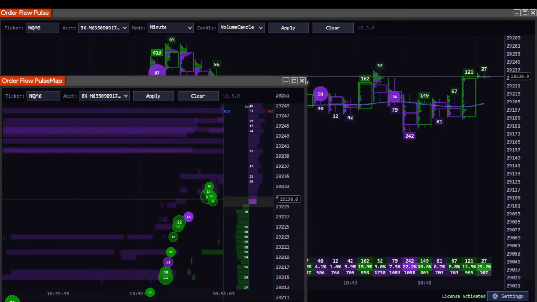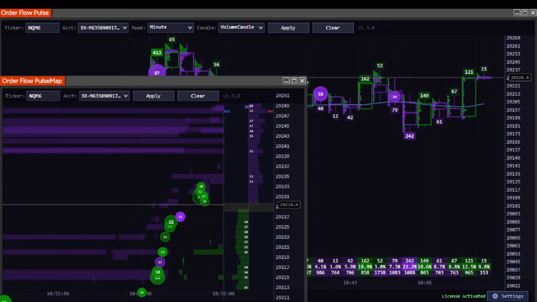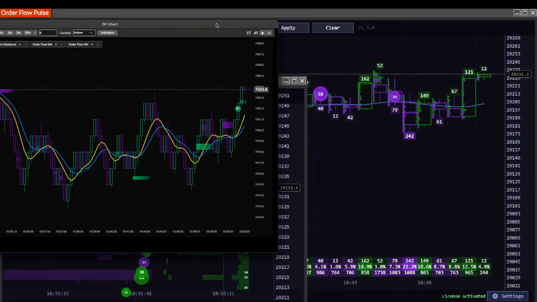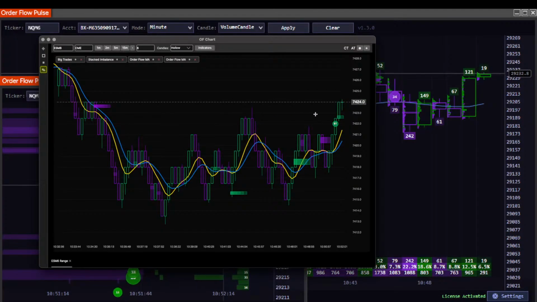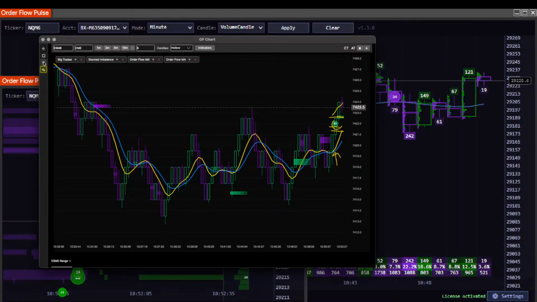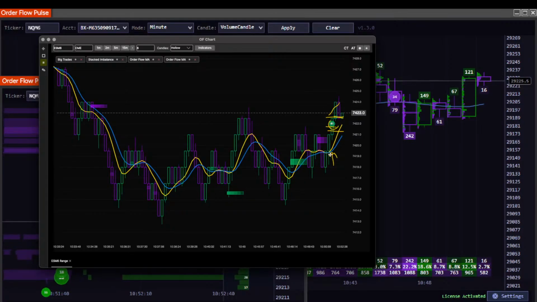So that trade works out. Who cares? You got a nice little buy and balance right here. You had a large buyer, 81 single order contracts with moving averages sloping upwards. You have a large buyer right here. You can get in right there, put your stop down below that buyer. You're up about $62. It's just not an area I want to be trading in, to be quite honest.